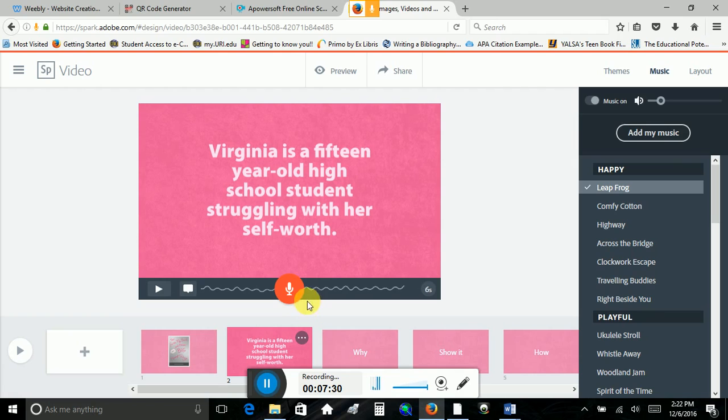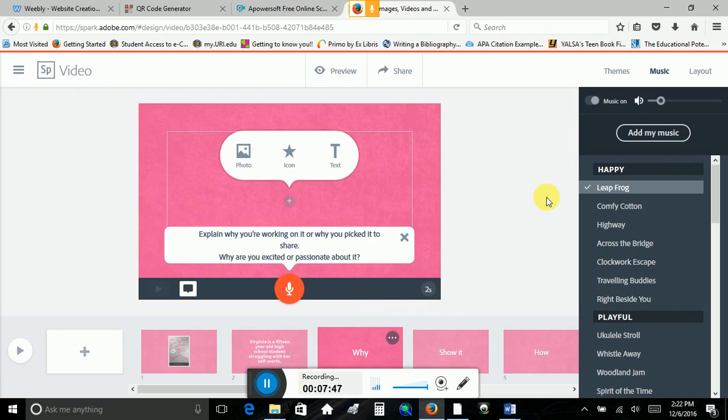All right, so I've got my text in here, and again, generally, and this is what I'm used to doing, is creating a book trailer with some text and then put in a picture and go from there. So our next slide is going to have a picture. And like I mentioned, you can add photos from your computer or you can go out and search for some. So I'm going to go ahead